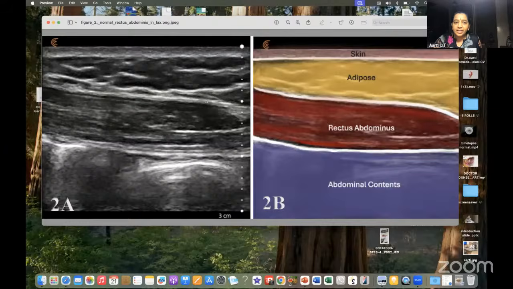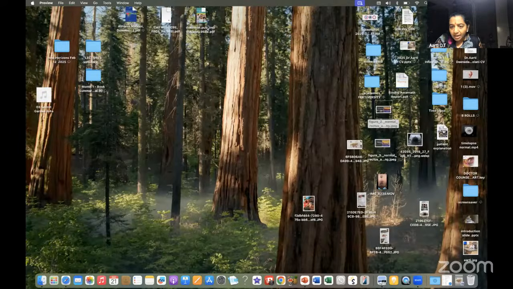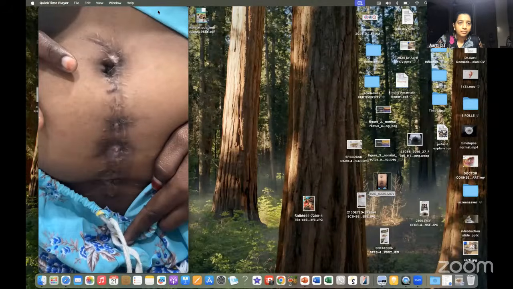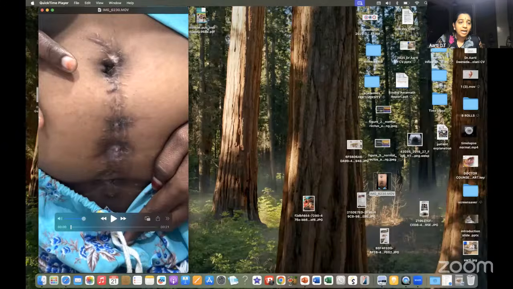So you beautifully described the layers, and I think it's only a matter of time. We just go on practicing and you'll be able to make out the difference between the adipose fatty layer and the rectus abdominis. So this is just one image I wanted to show, Jay. Now, the other thing which you beautifully brought across was the point about how if you just leave